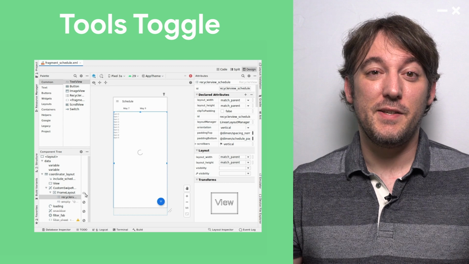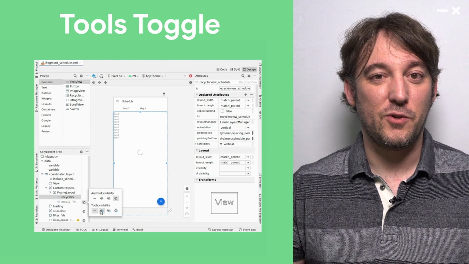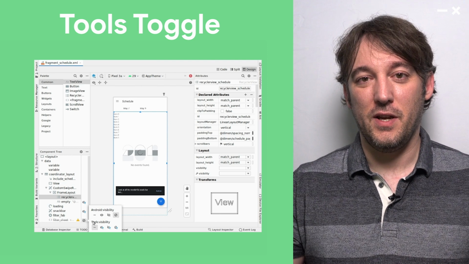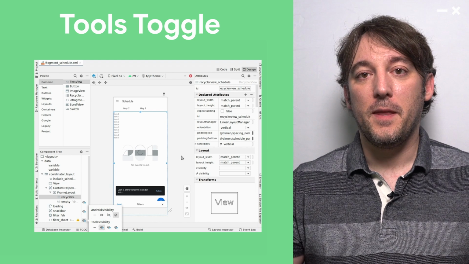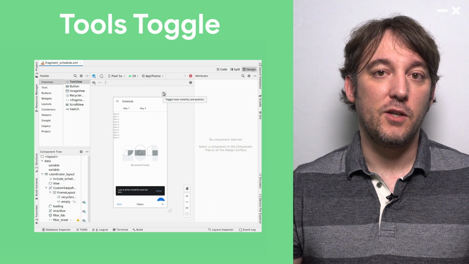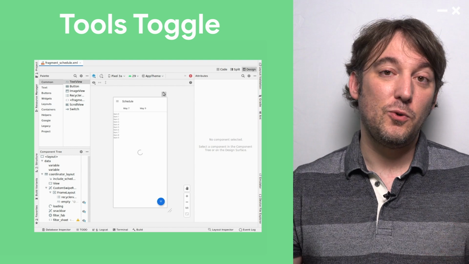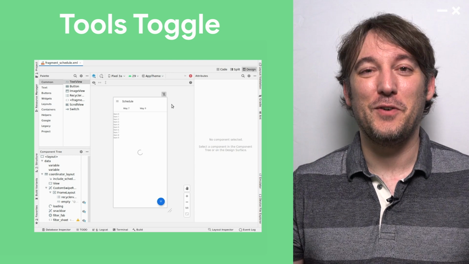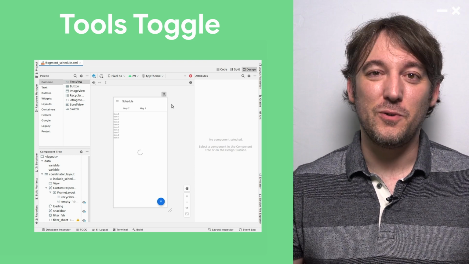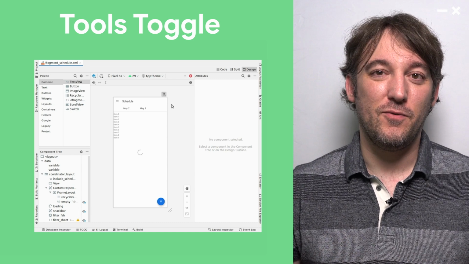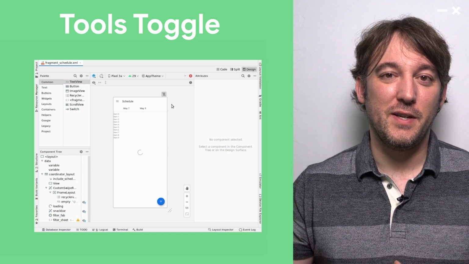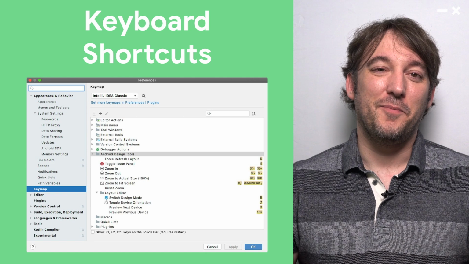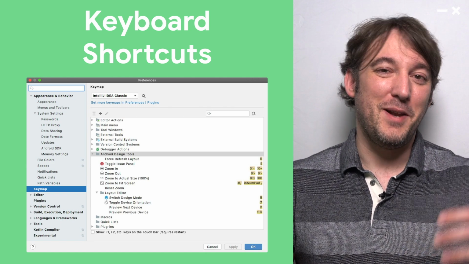The tools toggle is, as I mentioned, with the visibility tools attributes. You may have attributes that only apply when you edit the layouts in the layout editor. But that means that sometimes you may miss something that you will only find out when you deploy to a device. So that tools toggle removes those tools attributes when you edit, and you can toggle back and forth between having them or not. So it's very easy to, in a quick way, check that everything works well without having to deploy to your device.